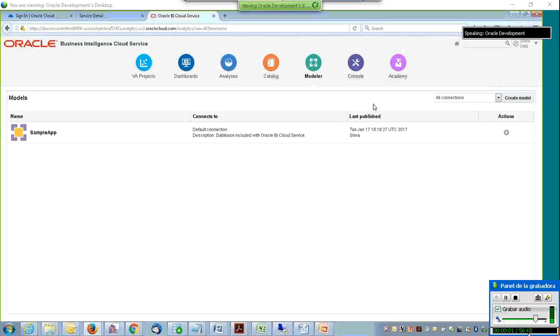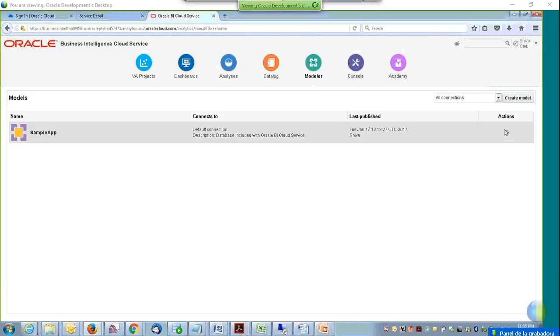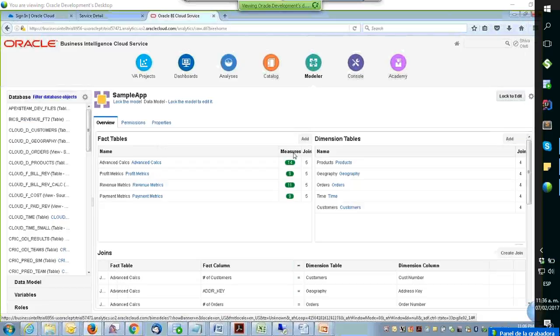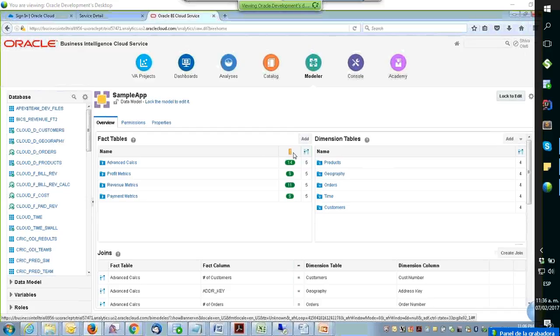Create a new model and use the wizard approach. So let me explore. We have open, I'll just open the data model. So this is how your data model will look like. If you observe, all of them are disabled. All the properties are disabled. The reason being,